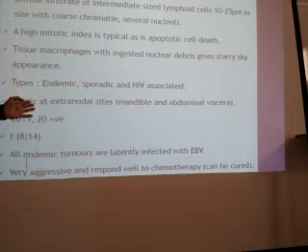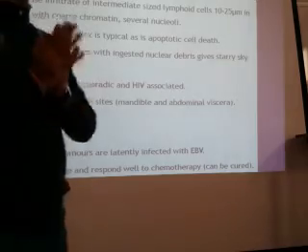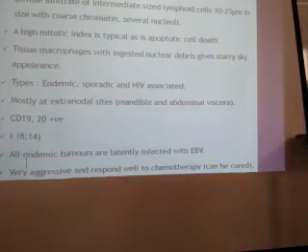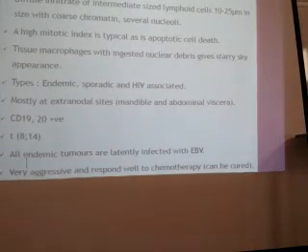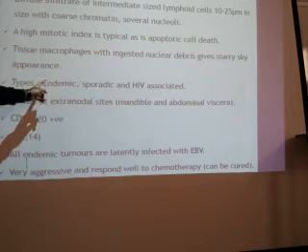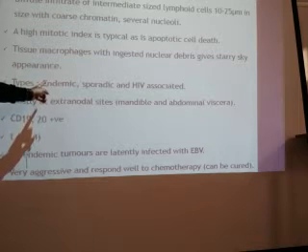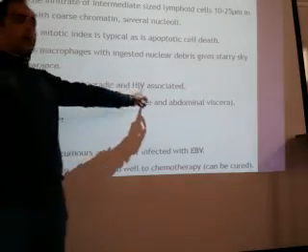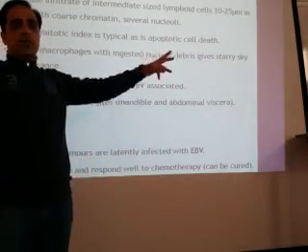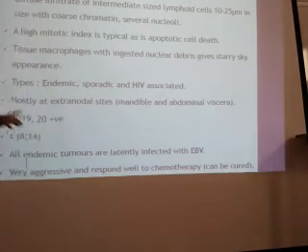So you have many types here. One is endemic. Endemic is almost always associated with EBV infection. It is most common in the African countries. So during the childhood, they have Burkitt lymphoma. Sporadic can occur anywhere, and some are associated with the HIV. So this is the division: endemic, sporadic, and HIV.